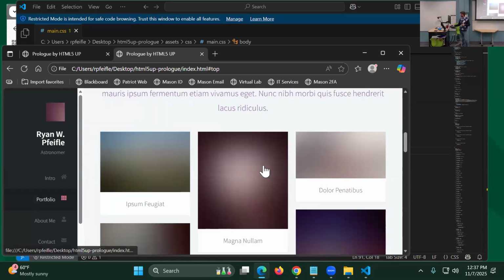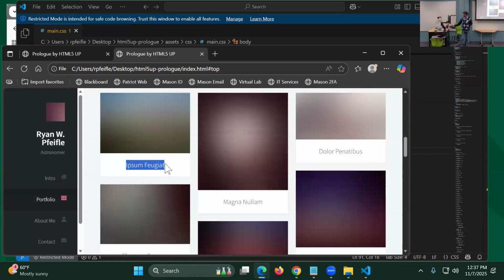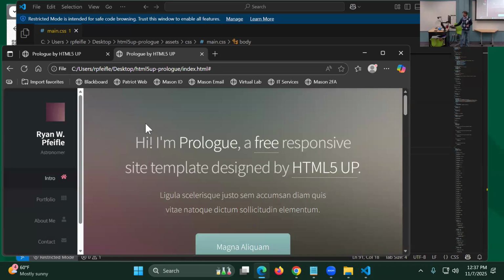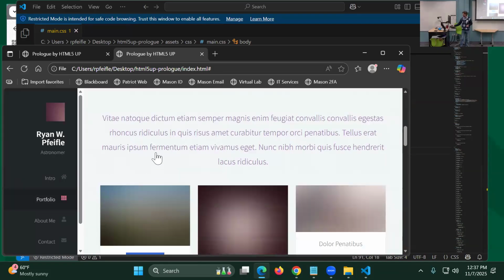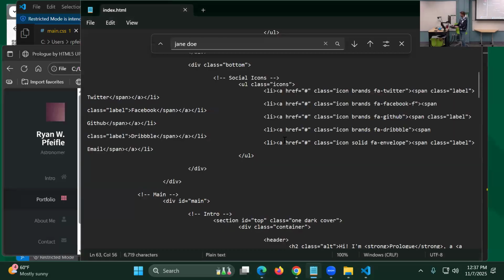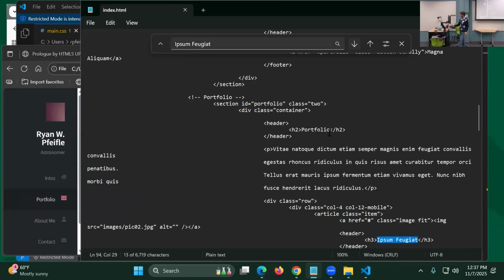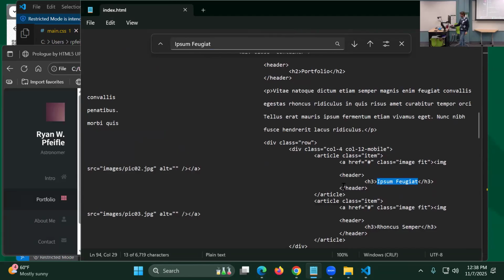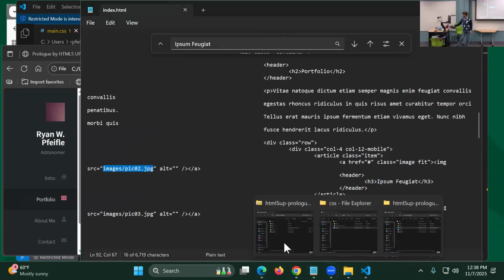If you want to add photos, like this template has photos, you'll, again, like we did before, go through and search where some of these names are. And those photos will show up. So if I copy that, go back, I just have to put that there. So that was in a header, but you see they have classes that are images, and that's where they've stored this. So they have a folder called images,